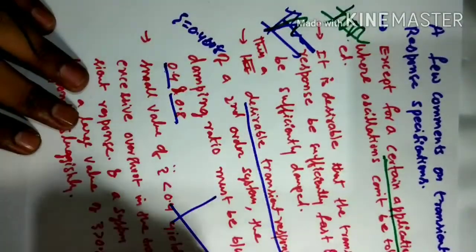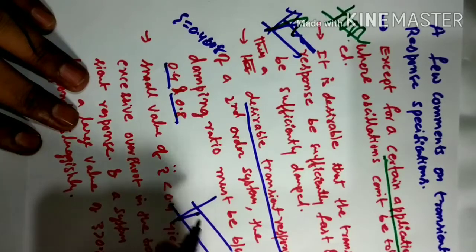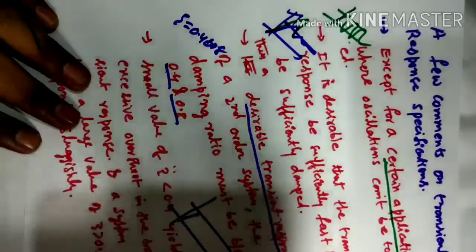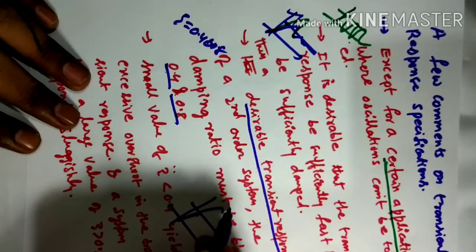You know that if you take a response, as the damping ratio becomes small, this peak will increase. You can see that, and we have seen that if the damping ratio is